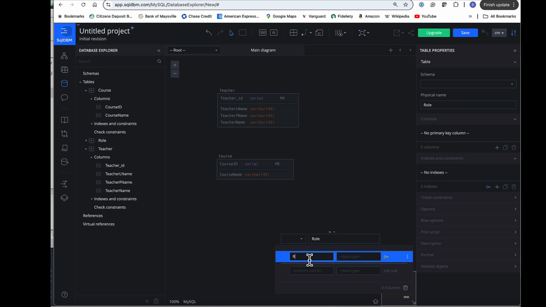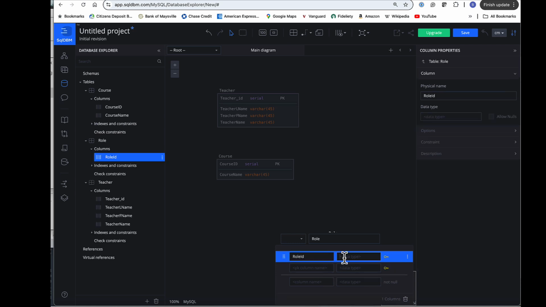And it's fairly straightforward too. And now in the data,